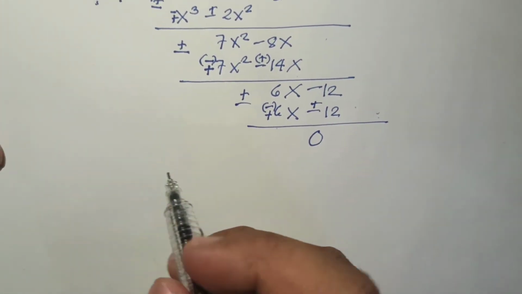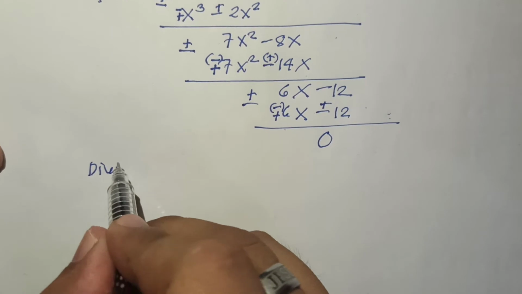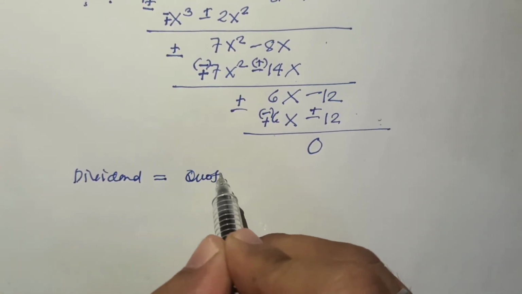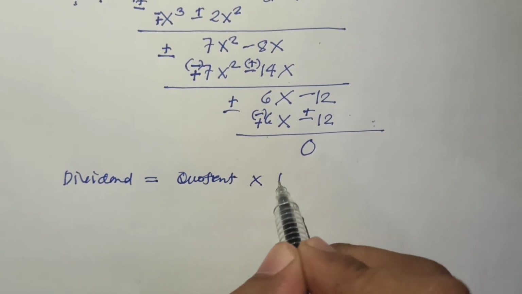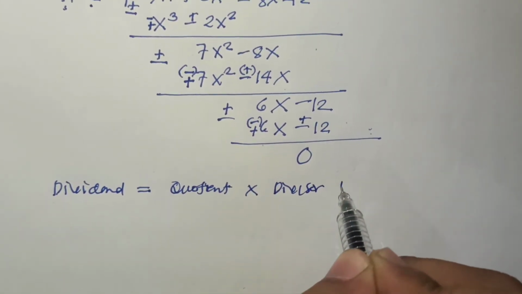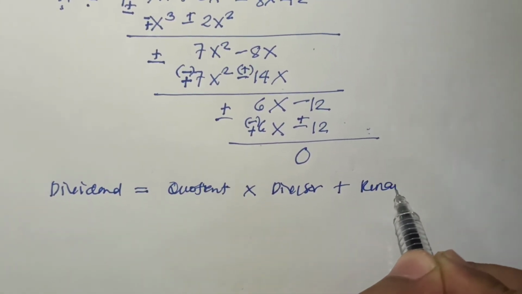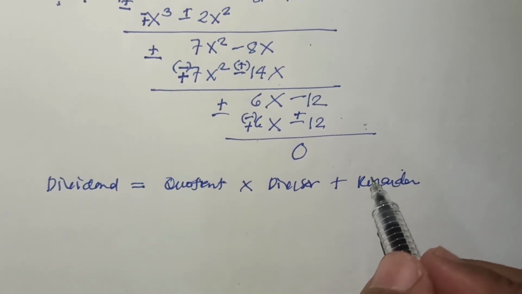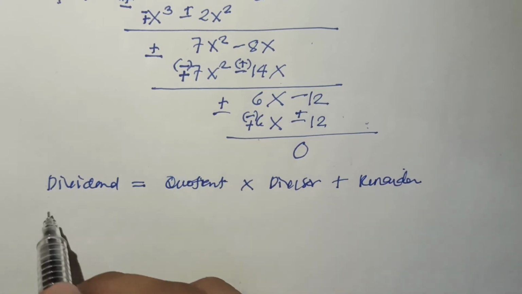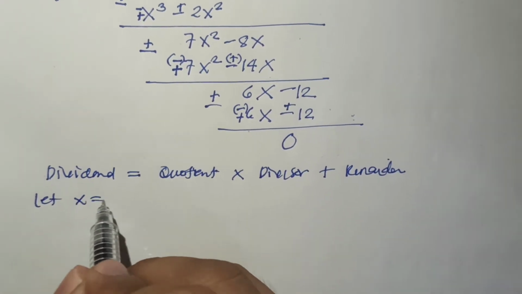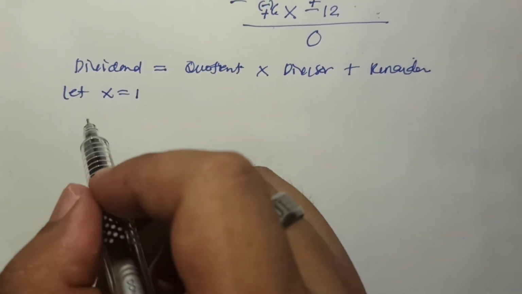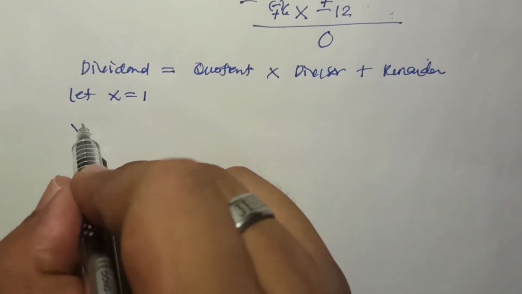To check this, we have dividend is equal to quotient times divisor plus the remainder. To check this one, we have to assign the values for x. So let x be equal to 1. So our dividend is equal to x